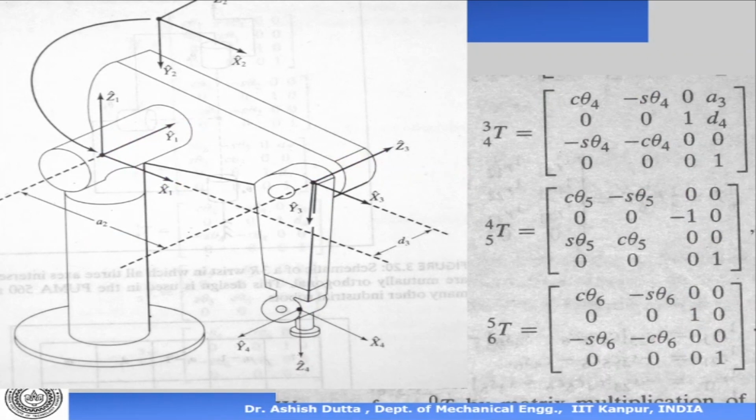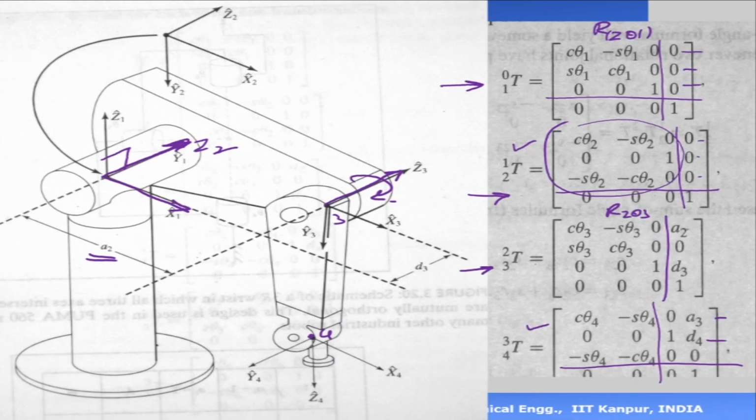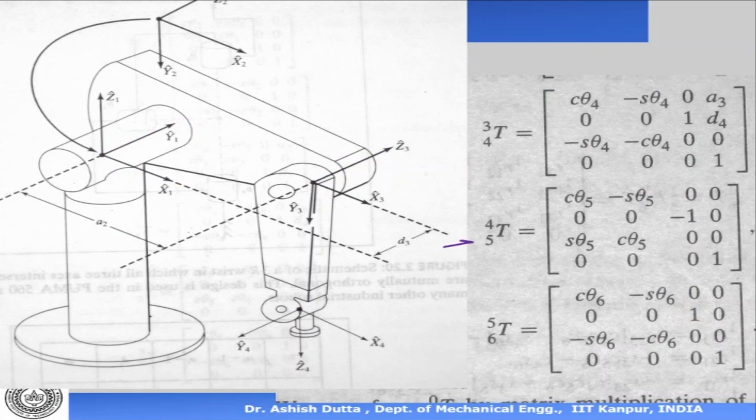Let's look at it: in the previous one, we got 4 matrices, right? 1, 2, 3, 4. We need 4 to 5 and 5 to 6. Exactly the same way, there's a shift in the Z direction. So there is no change here and here and here, because the origins are the same. Only there is a rotation about the Z-axis, and the Z-axis has been shifted by 90 degrees. Similarly here and similarly here. So these are the 6 rotation matrices that we have got.